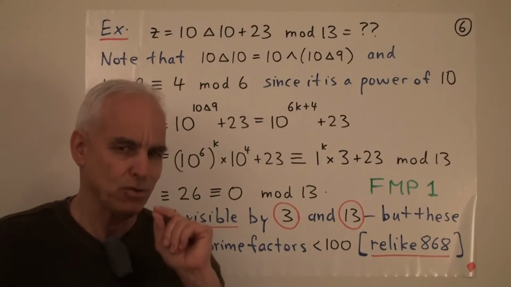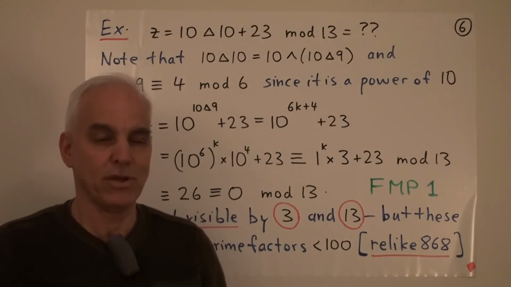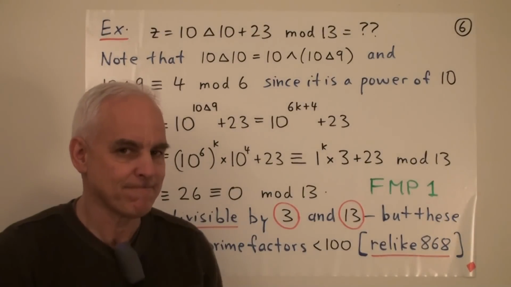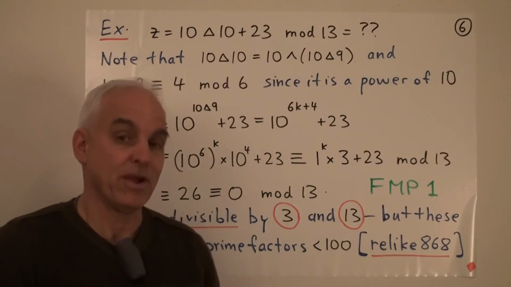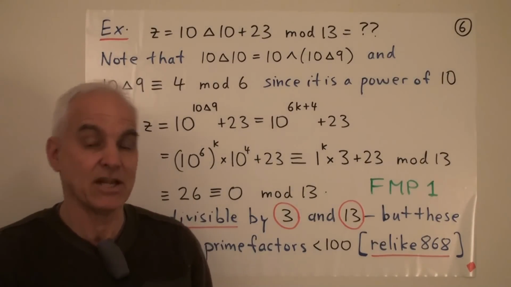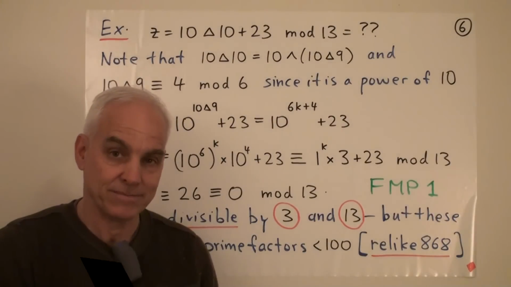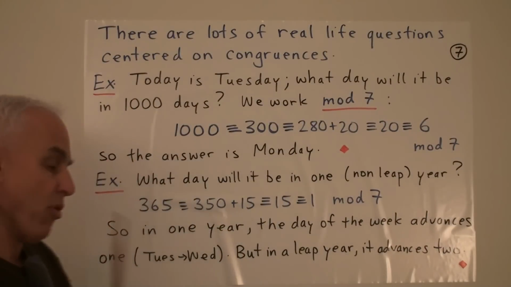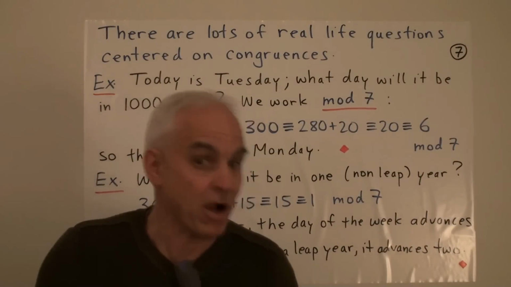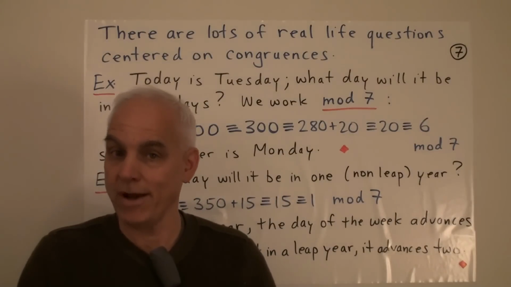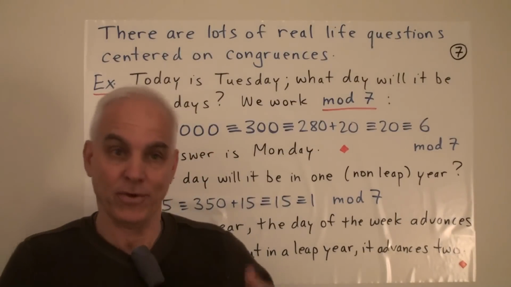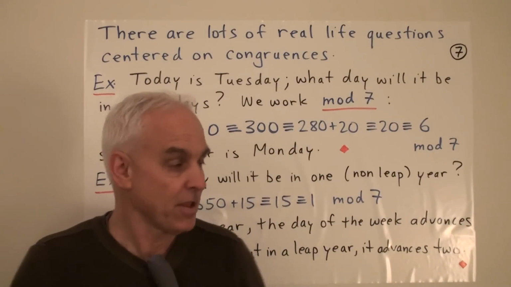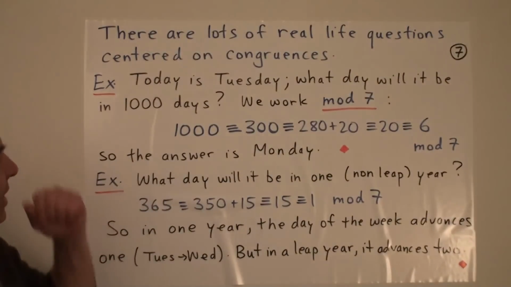So what actually is the rule that we're using, the general rule that we can extract from this kind of thinking? That goes back to the great French mathematician of the 17th century, Pierre Fermat. Before we get to Fermat's lovely theorem, let me point out that there are lots of applications of modular arithmetic that are actually quite connected to daily life. They're not all so exotic as trying to figure out what the remainder of Z is when you divide it by 13. So for example, there are questions like the following.